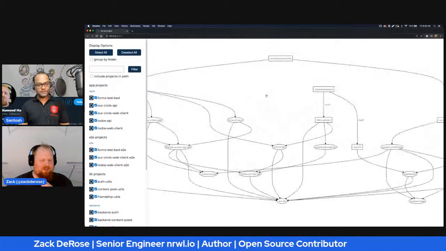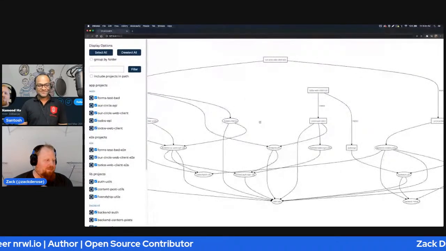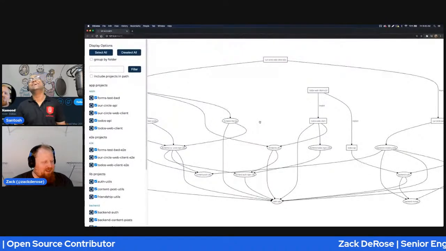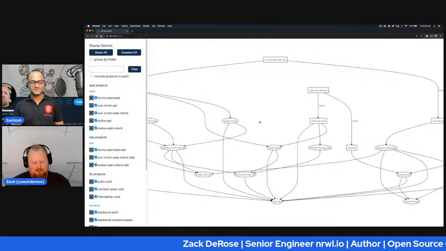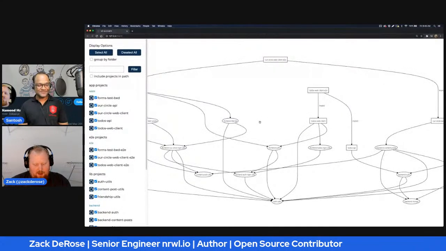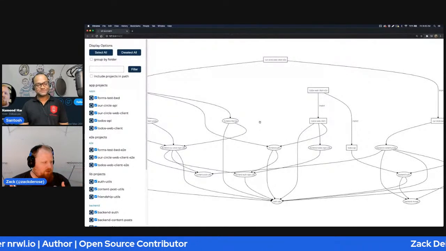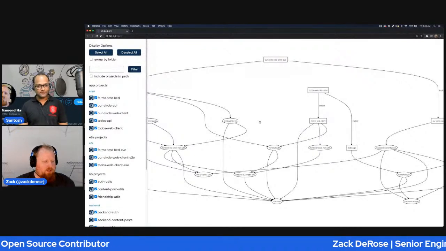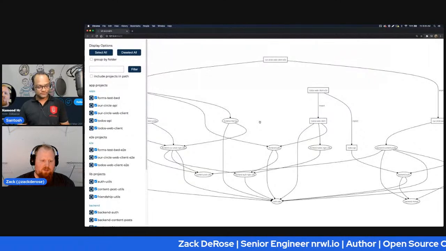Because as soon as they become cyclical, so if one of these nodes towards the bottom pointed back up towards the top, you're in trouble, because you've effectively removed all the good stuff you can get with NX because you're making an endless loop there. But the good part about NX is that it comes with linters against those kinds of circular dependencies, so you know as soon as you make them, and that gives you some more instant feedback.